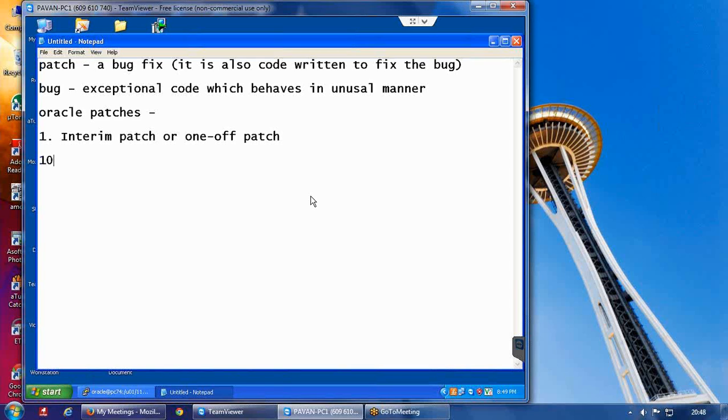For example, let's say you have a database version of 10.204, and in this version you got a very critical bug, and when you contacted Oracle support, they specified that the bug you are facing in 10.204 got fixed only in 11.201. That means if you want to eradicate that bug, you need to upgrade your database.